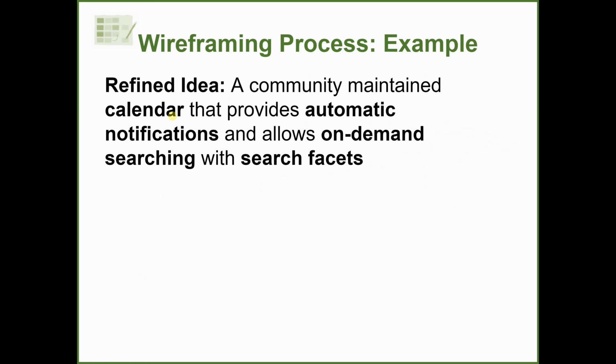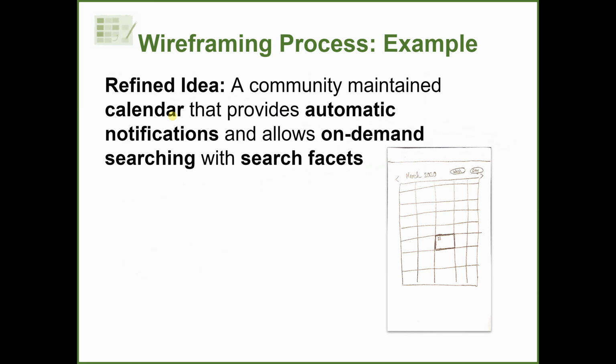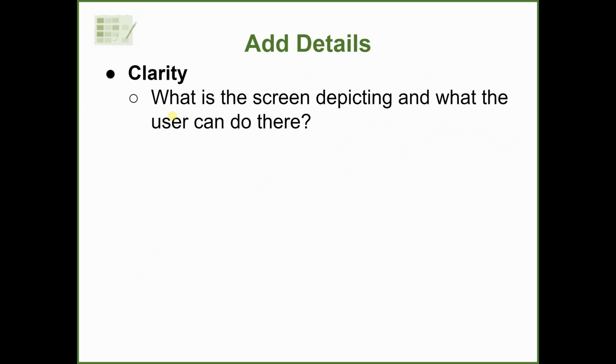Right now, you are just drawing the building blocks, the bare bones, so keep it simple. For our example problem, the bare bones wireframe may look something like this. A simple big box with several small boxes. After identifying all the building blocks, you can move on to the next stage of wireframing, the process of adding